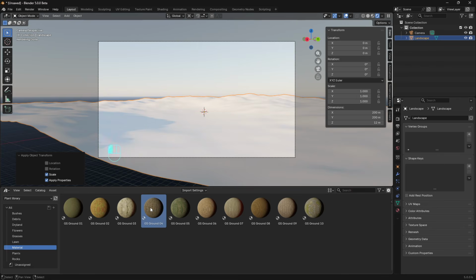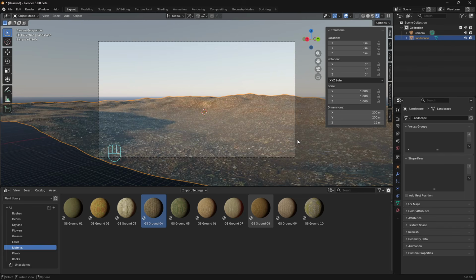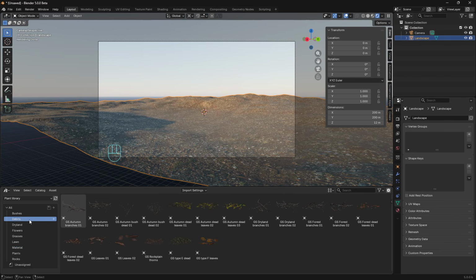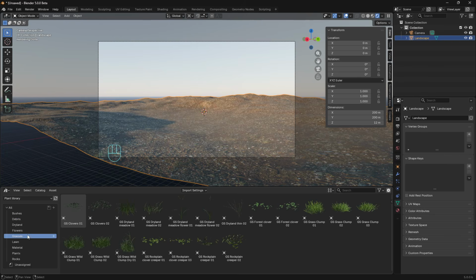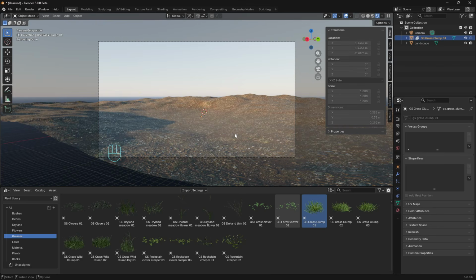So now let's just click and drag this ground like this, and we will have this kind of ground setup just to have a covering before to make the landscape itself and the scatter of the objects that we want to scatter. Just as an example and to show you how it works basically. So let's select maybe just a simple grass like that, maybe something like grass clump here. Okay, so let's select this object and click and drag this into the